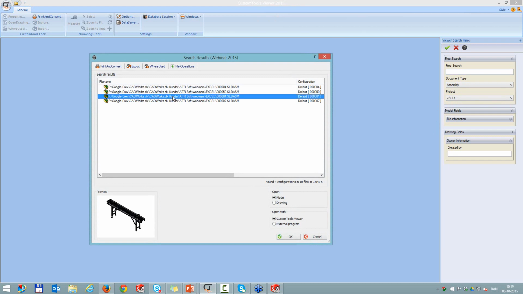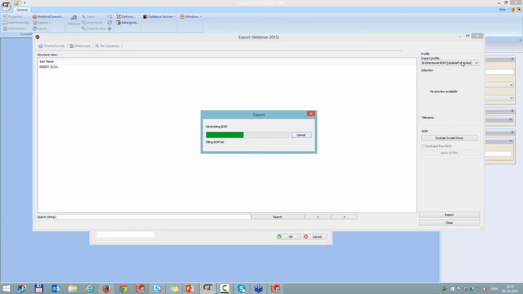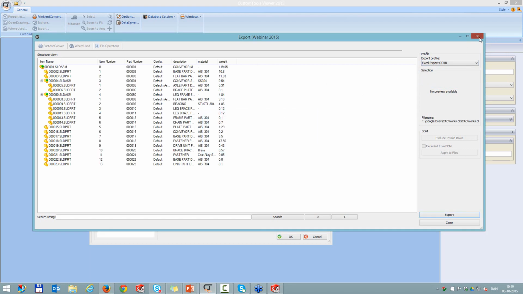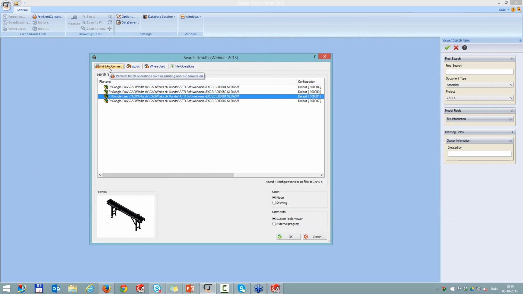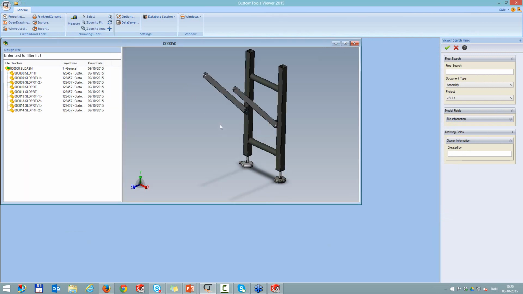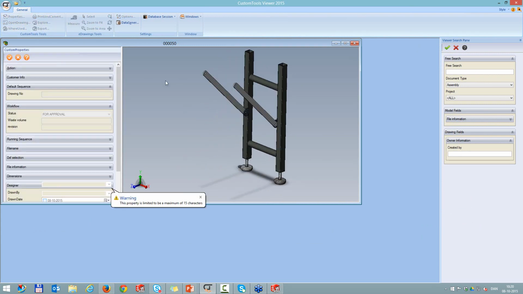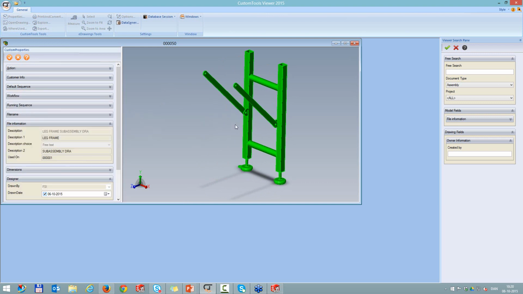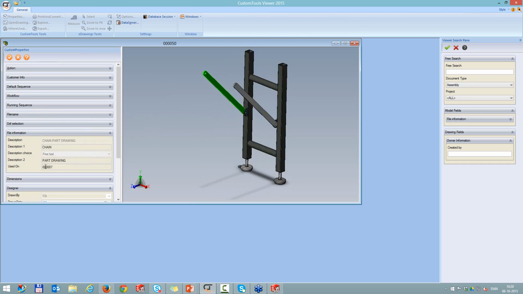and we could find the assembly that I was just working on, and we could do an export from the viewer instead. So, sorry, not for the bidirectional, but we could do an out of the box export in this case, or we could do a print operation from the viewer as well. So if I wanted to open up this one, a manager could then use our custom tools viewer to view the properties of the file. I could collapse these and just have a look at the file information, and then whatever I select is going to be the active part.